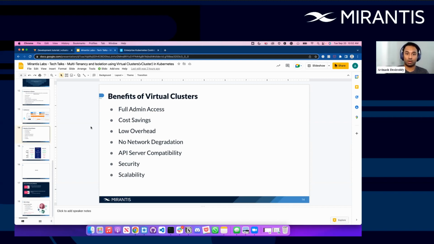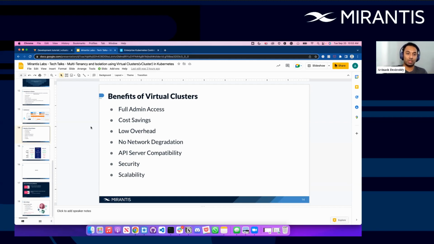It's huge in terms of cost savings, both in time and resources. Because if you have to build multiple clusters of multiple versions, it can be done seamlessly